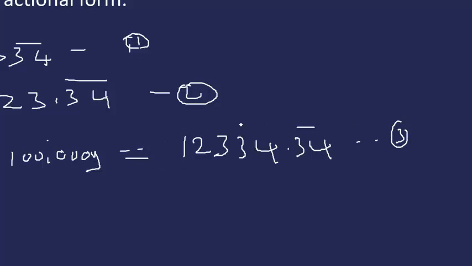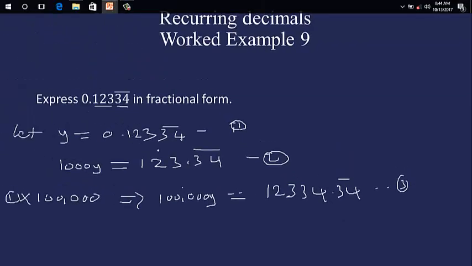Now we take equation 2 from equation 3, because this is the one having the repeating pattern on the other side of the decimal point. So equation 3 minus equation 2 will imply that we have